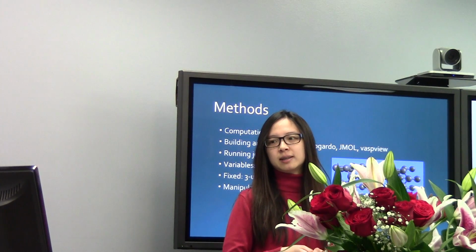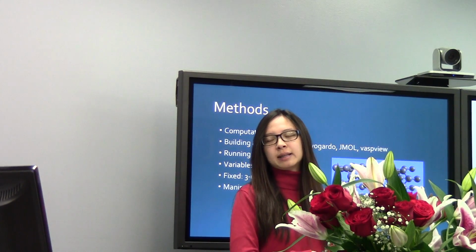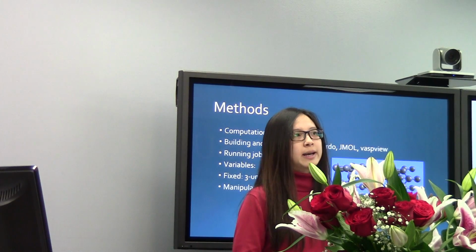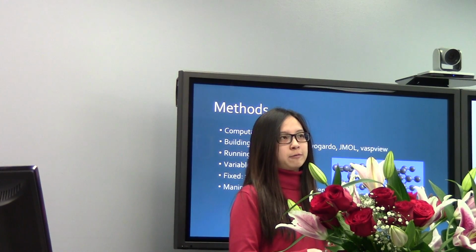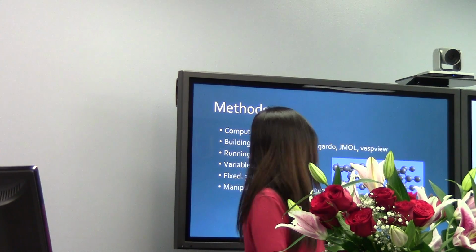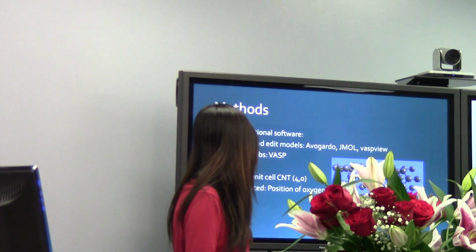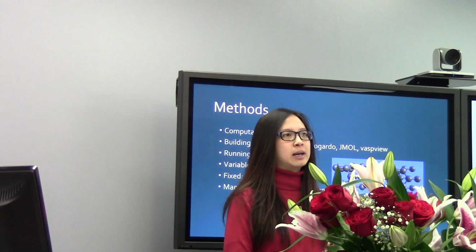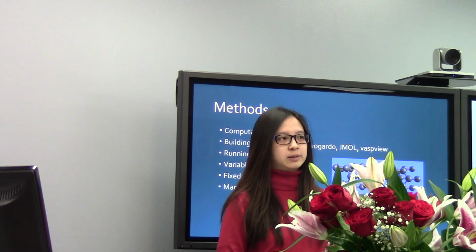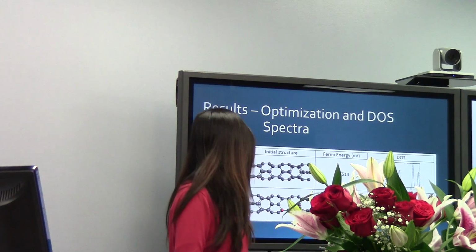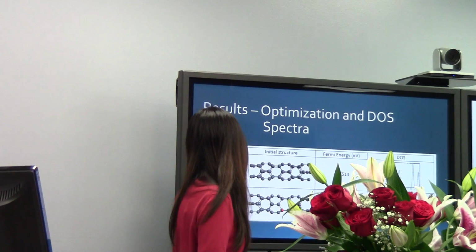To build and edit the models, I use Avogadro, JMOL, and VASView. And when I run the jobs, I use the VASP software. I use a 3-unit cell of carbon nanotube folded at 40, and I manipulate the position of oxygen on the carbon nanotube. So after optimization, I found out that